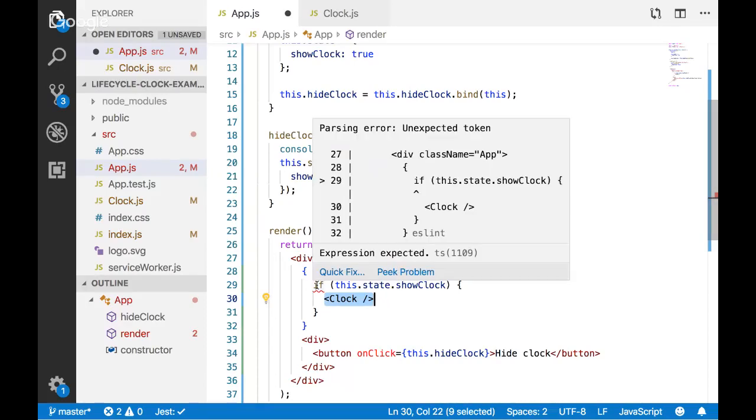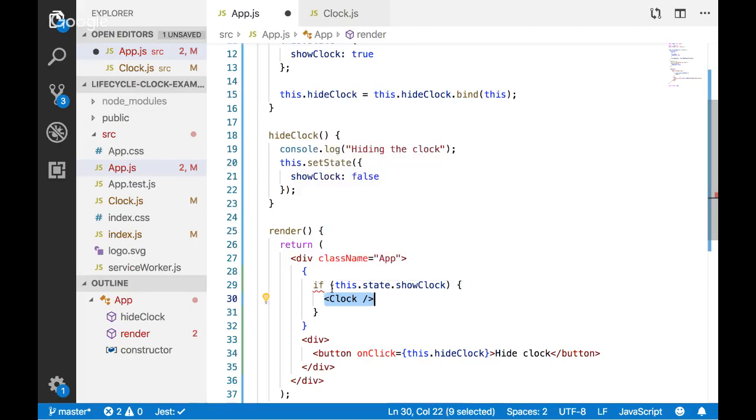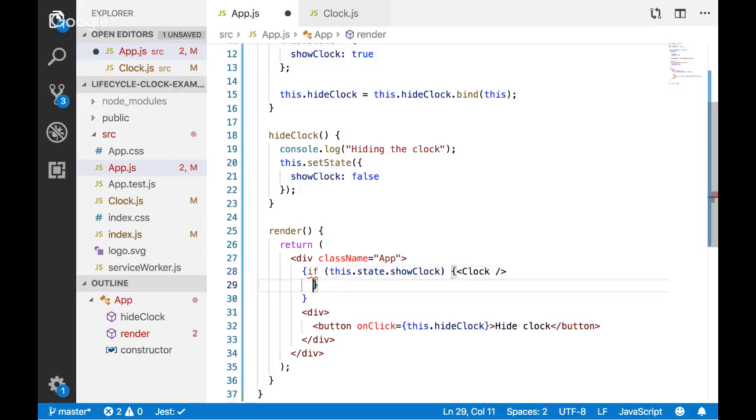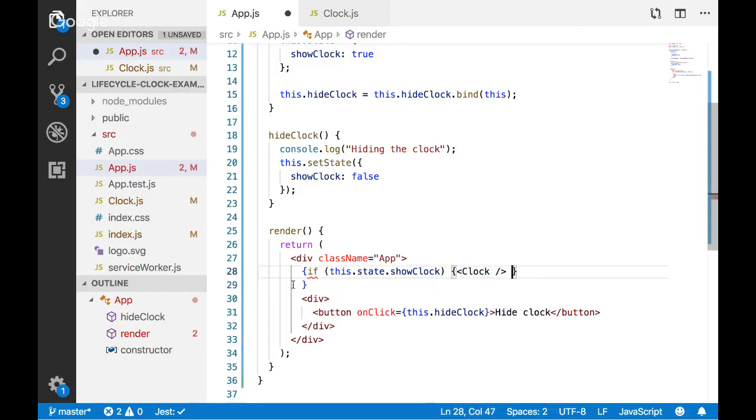It might complain at me. We will see how this goes. Oh, that's right. This all has to be on the same line, I think, for it to work. Let me see if that'll work. It gets uglier when you do that, but let's see.